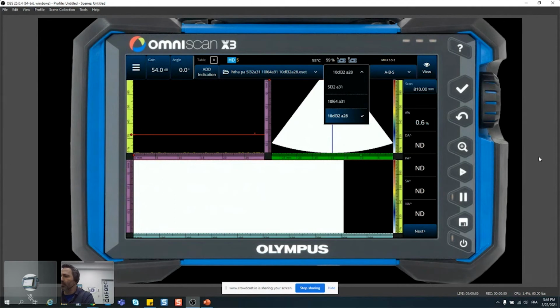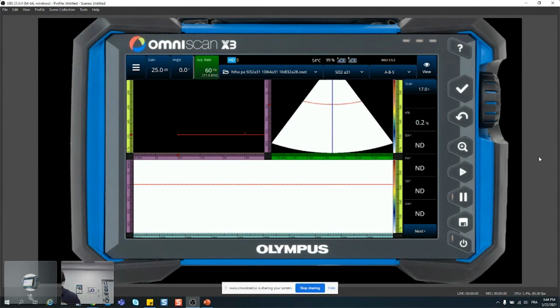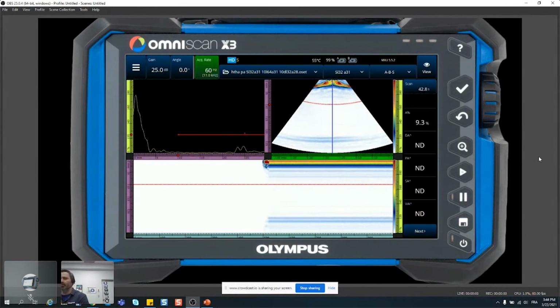Starting with the regular probe, because we have to have a baseline. And you can see that I'm using a phased array 0 degree probe and wedges. But instead of creating a direct 0 degree linear scan, and that's a personal preference, I prefer to use a range of angles using L waves from negative 30 to plus 30 degrees. I find that it does a very great job, especially on the sample that I have today.